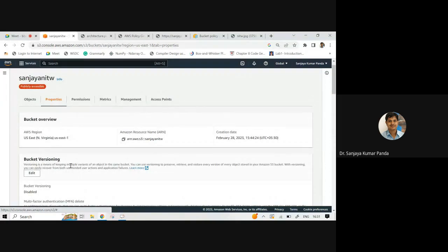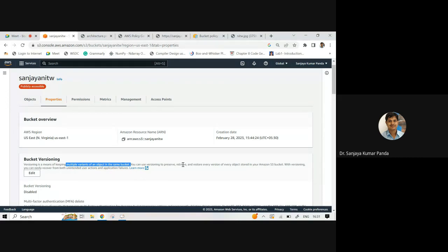Versioning is a means of keeping multiple variants of an object in the same bucket. Under the same bucket, if you want to put multiple objects with the same name, those are multiple variants. You can do it with the help of bucket versioning. So you can use versioning to preserve, retrieve, and restore every version of every object stored in an Amazon S3 bucket.